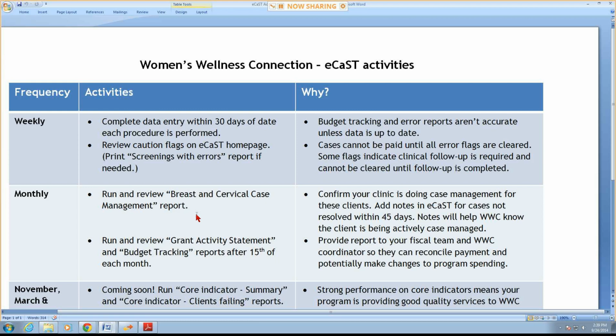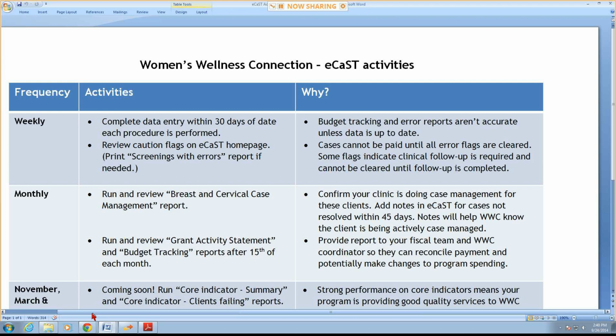It's important to clear those caution flags or watch out for them. Some indicate clinical follow-up is required, and those errors can't be cleared and payment can't occur until you complete them. So I'm going to go into eCaST really quickly and show you